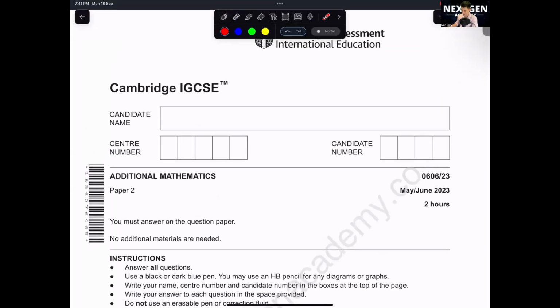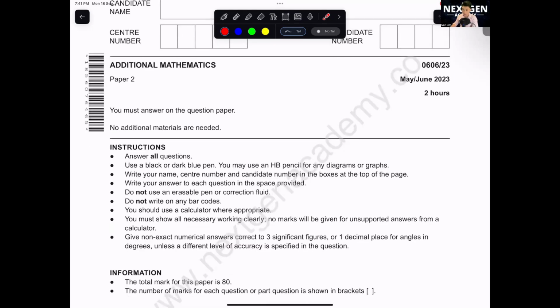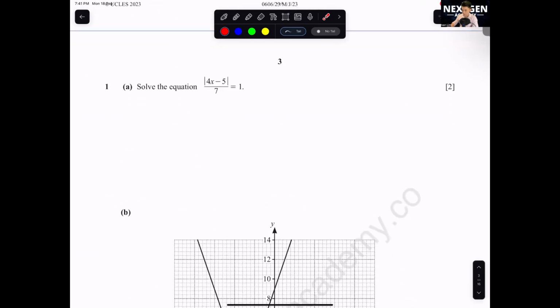Okay, hello again. All right, we are going to go through this paper, May-June 2023, paper 2-3. Okay, this is the last paper of the entire May-June set. Okay, we have 2 hours. Okay, I'll get straight into question 1. 1a, solve the equation modulus of (4x minus 5) over 7 equals 1. Okay, so we're going to multiply by the 7 first. Okay, so here you get 4x minus 5